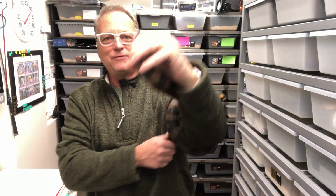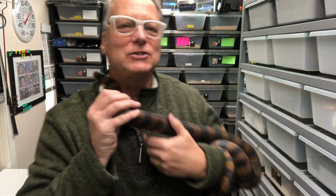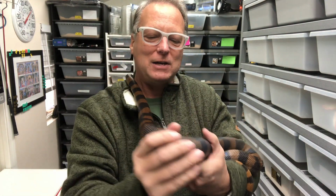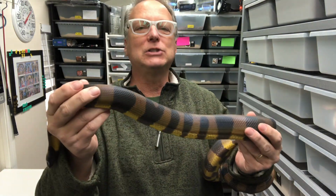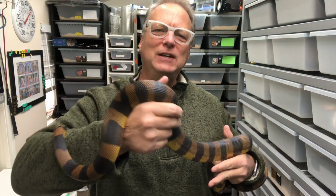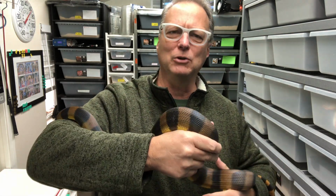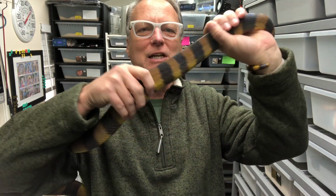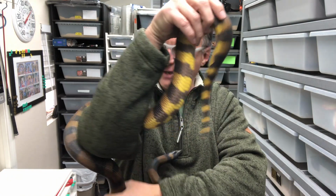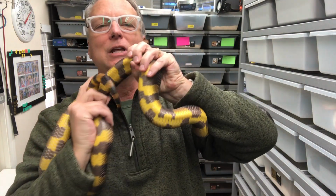This is a crowd favorite, especially because of the way they start as babies. They start out a very solid black with bright orange, and as they mature, they kind of lose some of that color. I've seen pictures of a lot of them that really lose their pattern almost completely to where they're almost a brown animal, but you can see this guy, you can definitely make out his pattern, there's no doubt about that. And you see a bright sort of yellow,